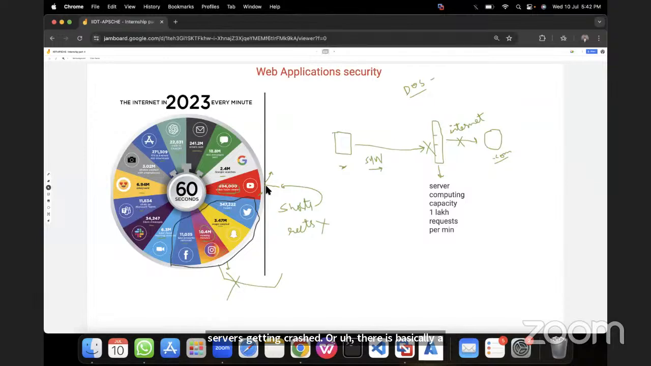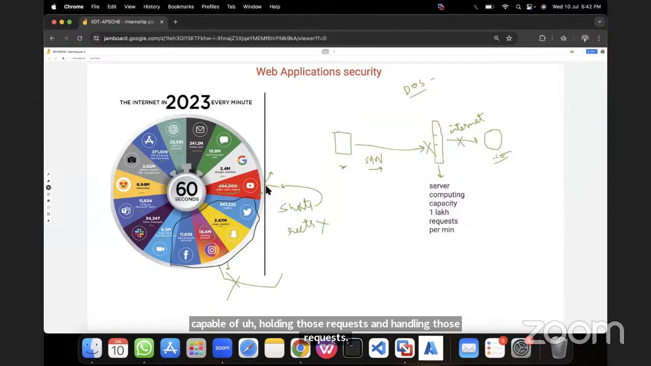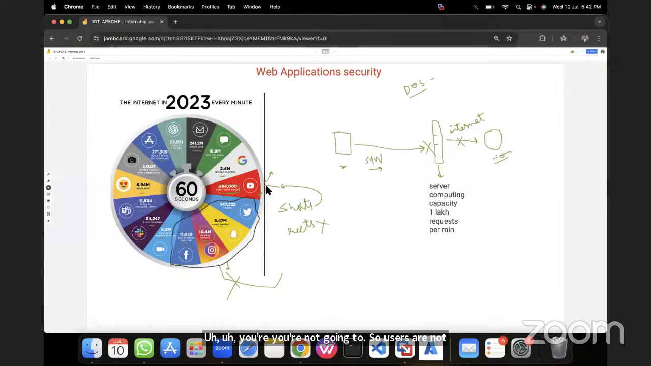So whenever we talk about servers getting crashed, or a web application which doesn't work for 2 to 3 minutes due to a lot of traffic, one genuine reason is that if there is a lot of traffic, the server is not capable of holding and handling those requests, so users are not going to view the website for some period of time. But if the servers are in a good state and able to process the requests at a certain time,